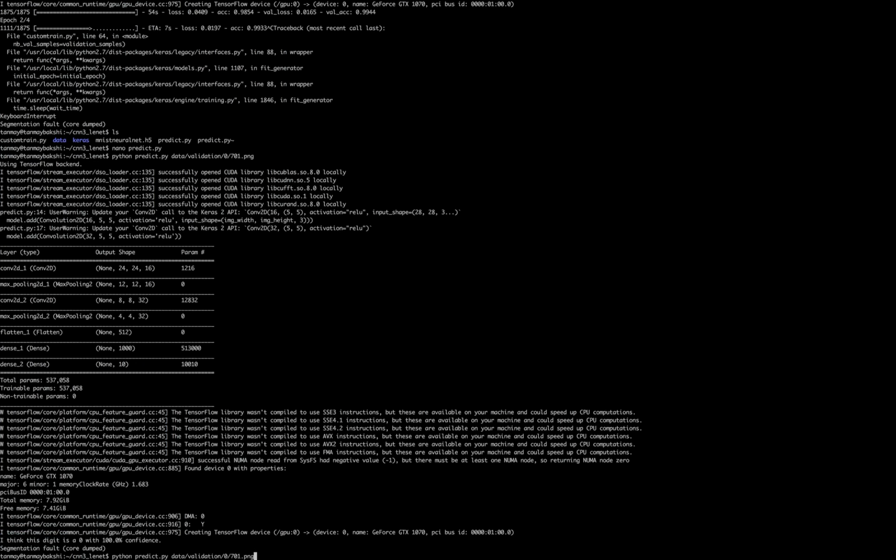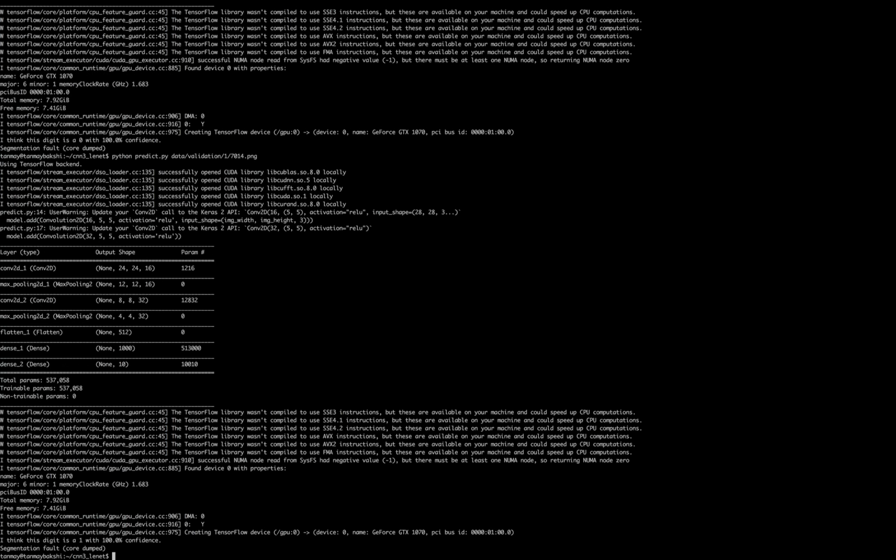Again, that is absolutely great, but let's just see if it can classify a 1 with a good amount of accuracy. Let's just say 7014.png. Alright, so as you can see, this has correctly classified this digit as a 1 with 100% confidence, and so we are on the right track. So far, we're getting great accuracy. Let's hope we can keep that up. So now, again, we're going to try this out with a 2, and let's just say